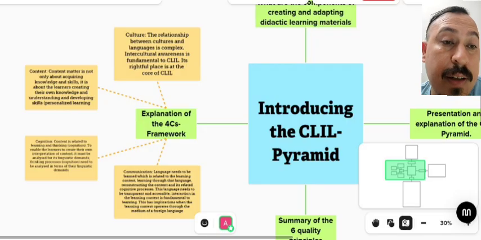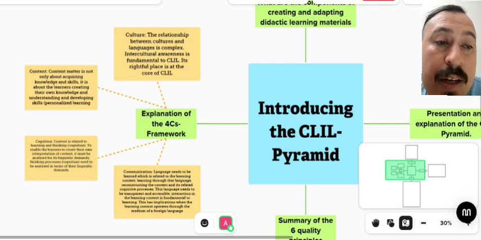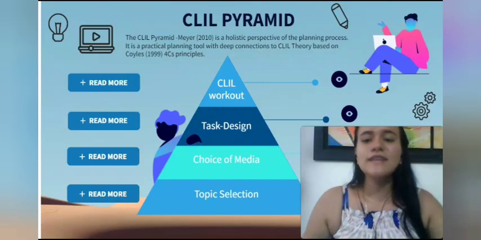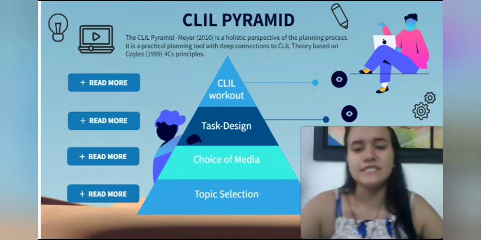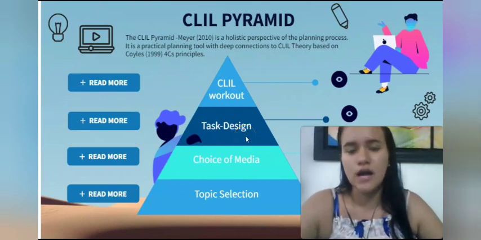And finally, classmate Blanca Camargo is going to give us a presentation and explanation of the CLIL pyramid. Hello, welcome to this new encounter. My name is Blanca Juliana, and for this new encounter, I will be talking about the